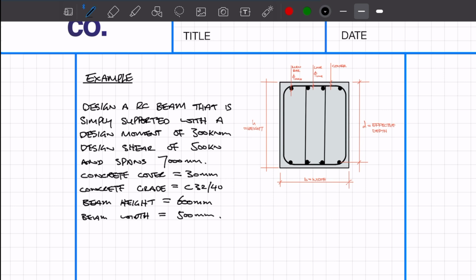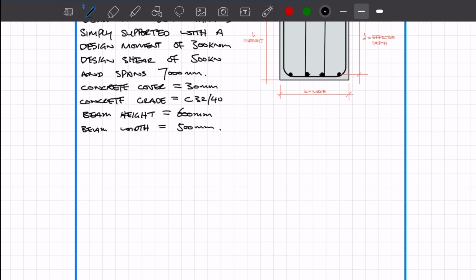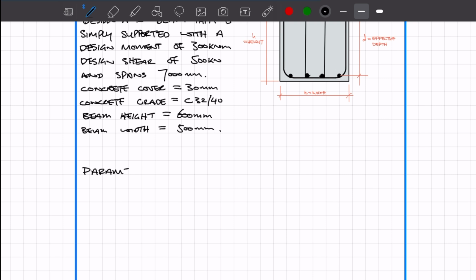section. There are going to be many times in the early stages of a career where you'll be asked to design something where the size has already been predetermined by a senior engineer in their concept stage. Your job is to first analyse the section to get the forces and then to determine the reinforcement. In this example I am assuming the analysis has already been done, so let's first extract the parameters from the